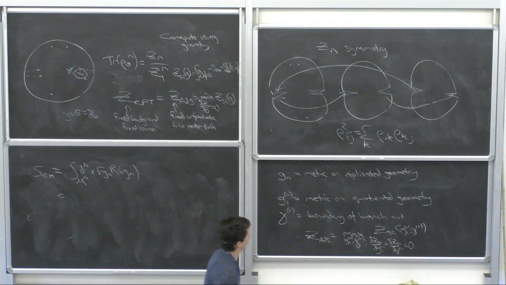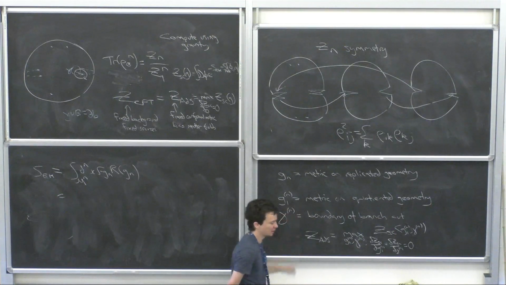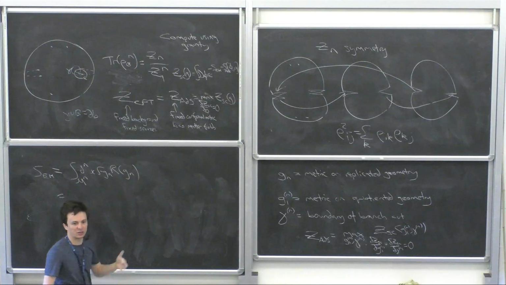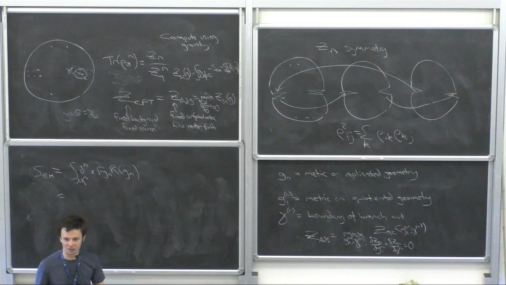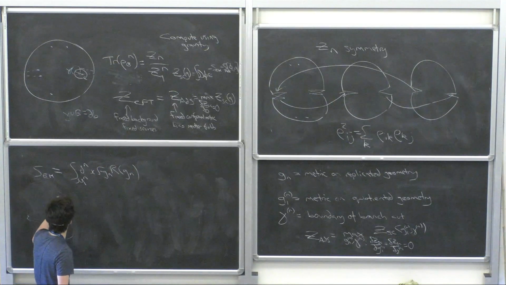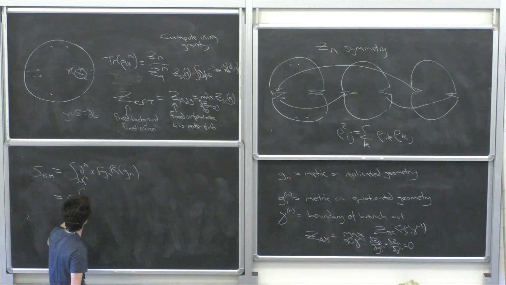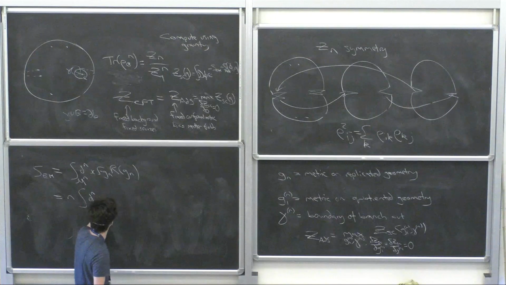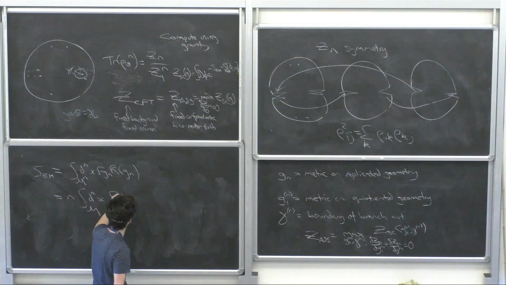Away from the branch cut gamma_n, G_n and R of G_n are just equal to G_1^n. They're just equal to the geometry on the quotient geometry. So it almost looks like this is just n times the integral over the single copy geometry of the Einstein-Hilbert action